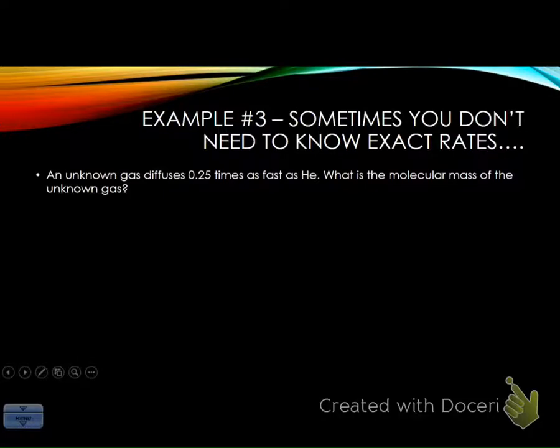And that's the way this problem sets up. An unknown gas diffuses at 0.25 times as fast as helium. So that's not its speed, that's just comparing how it travels to helium. What is the molecular mass of the unknown gas? So for this one we only have helium, so we grab its molar mass, 4 grams per mole, and then